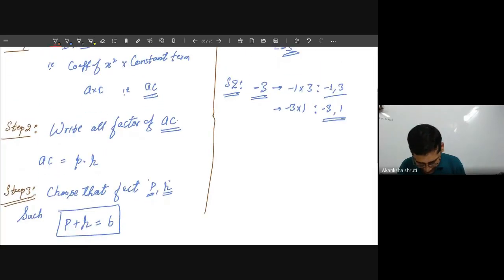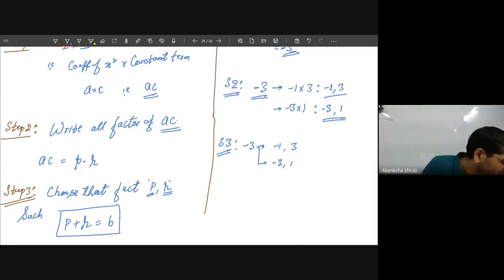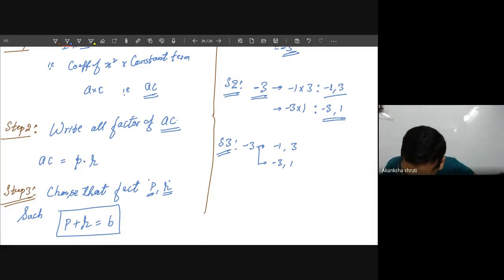A student, let us understand this step number 3 here. What does this step number 3 tell? The step number 3 tells that whatever the factor that we have obtained, so for -3, we have two factors. One is -1, 3, or the other one is, what is the other one? The other one is -3 and 1. Students, you are there? Hello? Yes, sir. Okay. So, students, these are the two kinds of factors which are available. One set is -1, 3, and another is -3, 1.